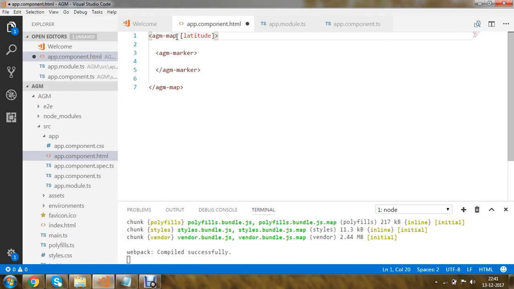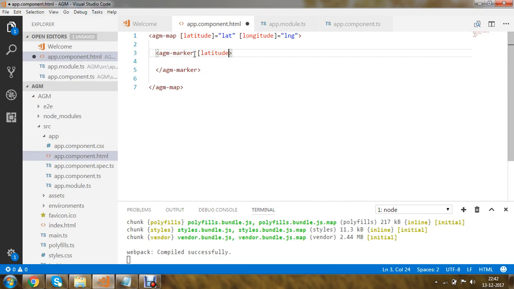and this latitude is going to fetch the value from my variable called lat, and within this I'm going to specify some more parameters, longitude. This longitude is going to fetch a value from my variable lng. These are the variables which we have declared in our app.component.ts, and within this agm-marker I'm going to specify latitude.